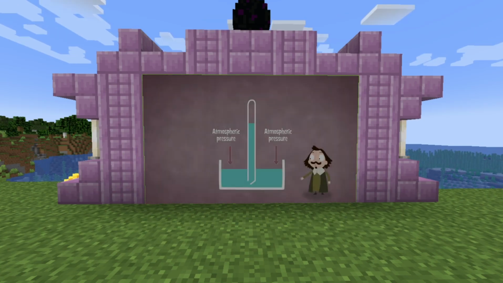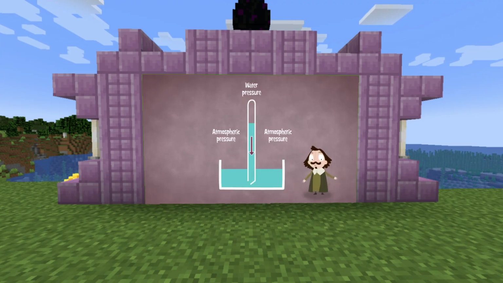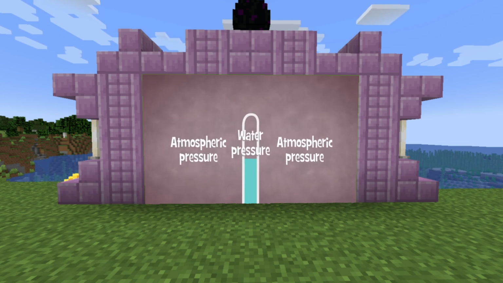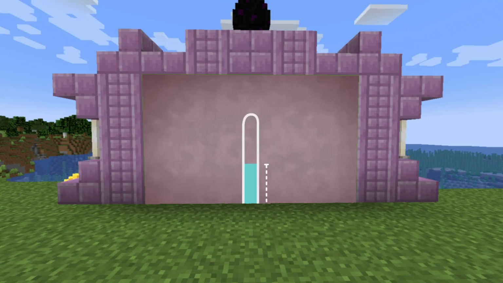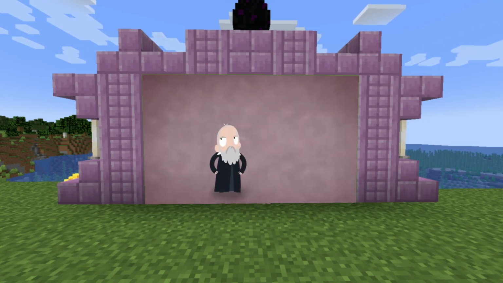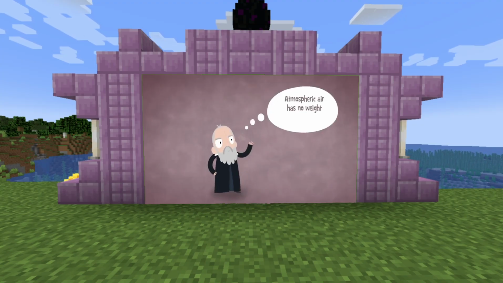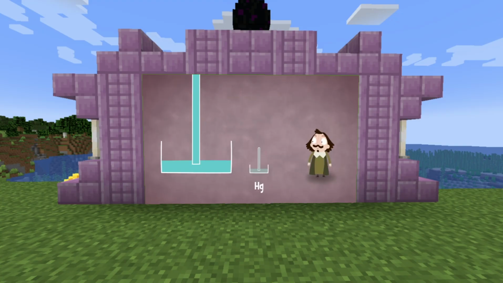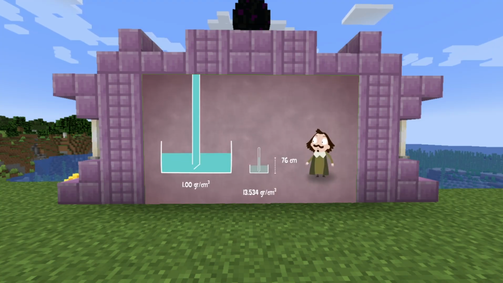Between the atmospheric pressure on the water outside the tube and the pressure from the water column inside the tube. The water level in the tube decreases until the two pressures are equal, which just happens to be when the water is at 10.3 meters. This idea was not easily accepted, as Galileo and others had traditionally thought that atmospheric air has no weight and exerts no pressure. Torricelli decided to repeat Berti's experiment with mercury instead of water. Because mercury was denser, it fell farther than the water, and the mercury column stood only about 76 centimeters tall. Not only did this allow Torricelli to make the instrument much more compact, it supported his idea that weight was